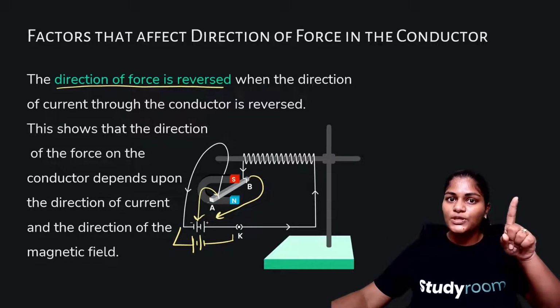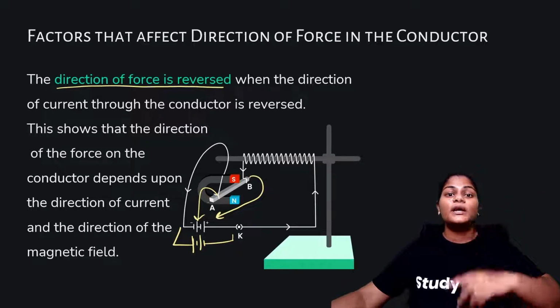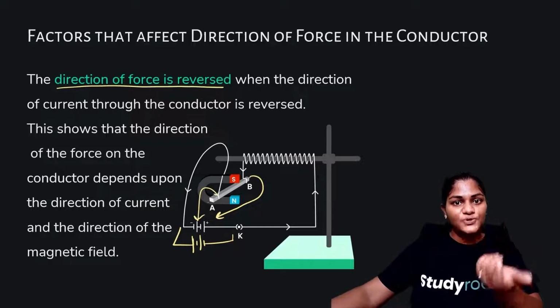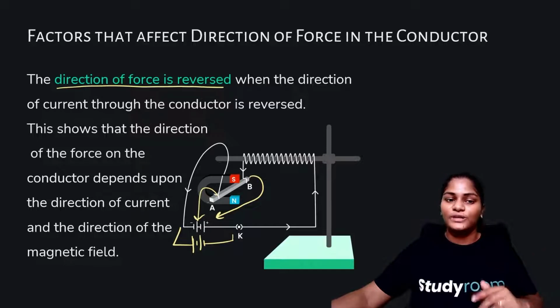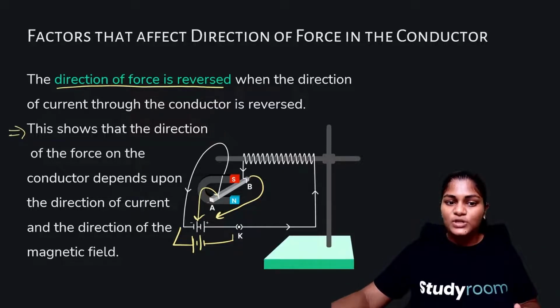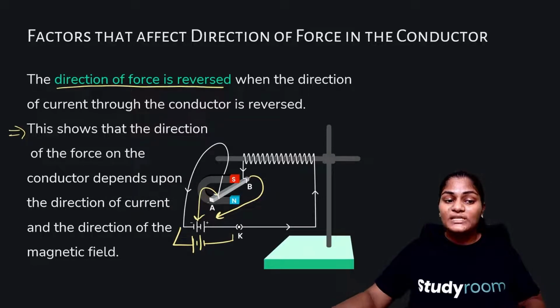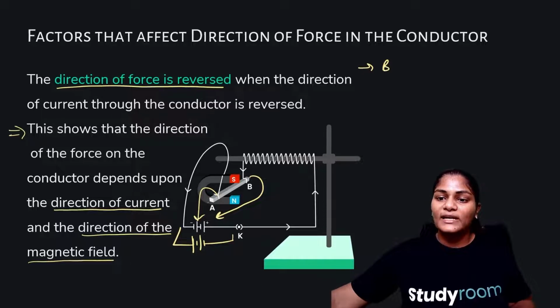The first thing that is noticed is the rod experiences a force. The second thing that was noticed is when we reverse the direction of current by flipping the battery, by changing the polarity of the battery, the force direction is also reversed. So again, I'm coming here to your PPT. This shows that the direction of the force on the conductor depends upon the direction of current and the direction of the magnetic field. Okay, so we notice that